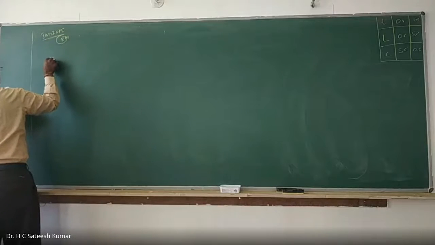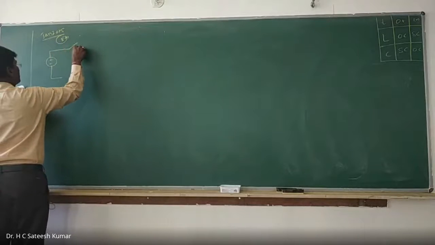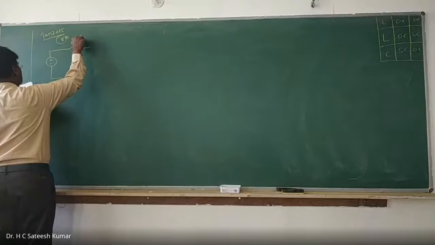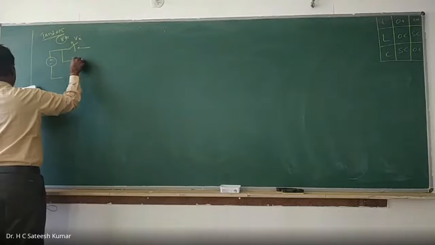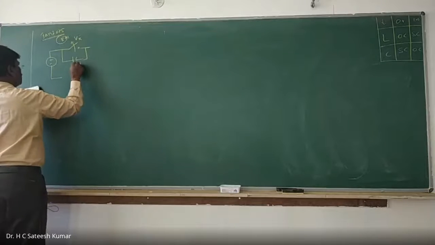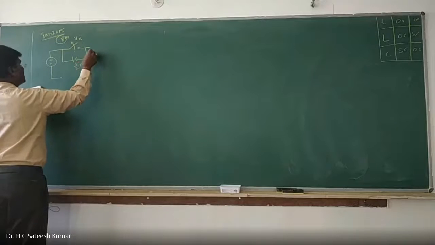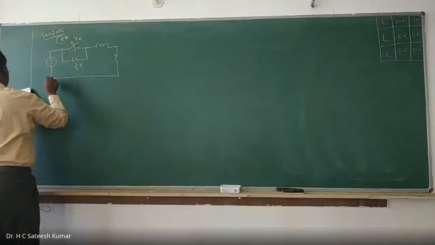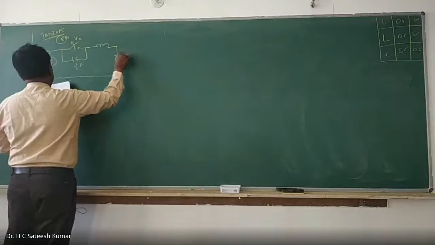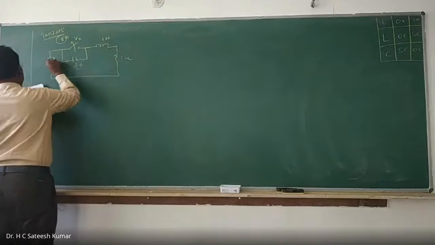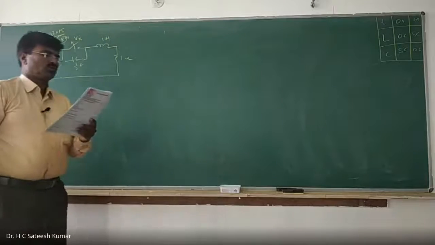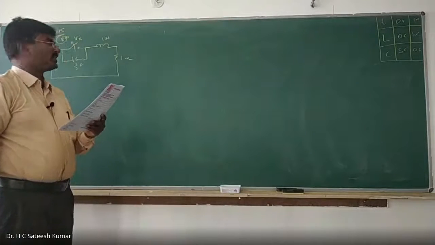So this is another kind of problem. Here the switch is there, it is an opening switch. The voltage across the switch I'll call Vk, and there is a capacitor of 1 by 2 farad, and there is an inductor and a resistor, 1 ohm and 1 Henry, and 2 volts. Now, for the circuit shown in the figure, switch K is opened at t is equal to 0.